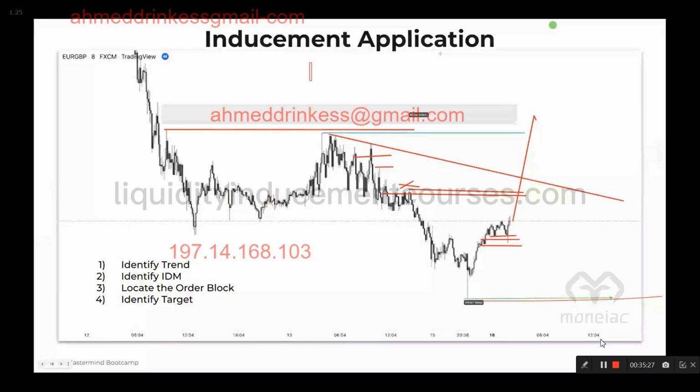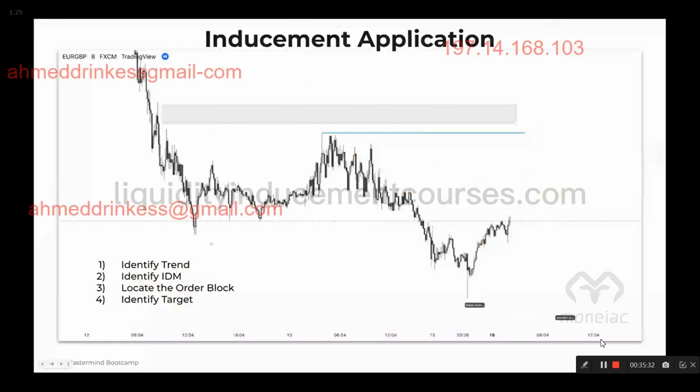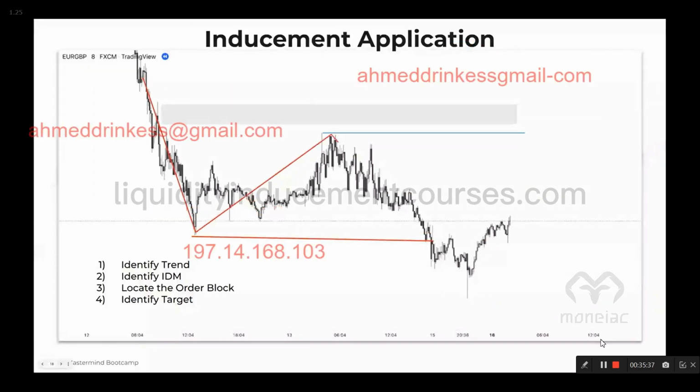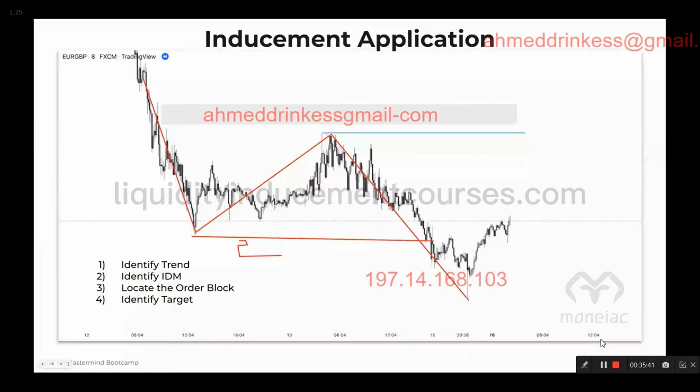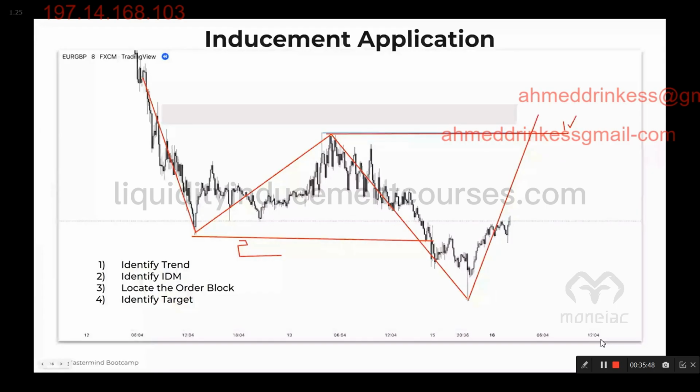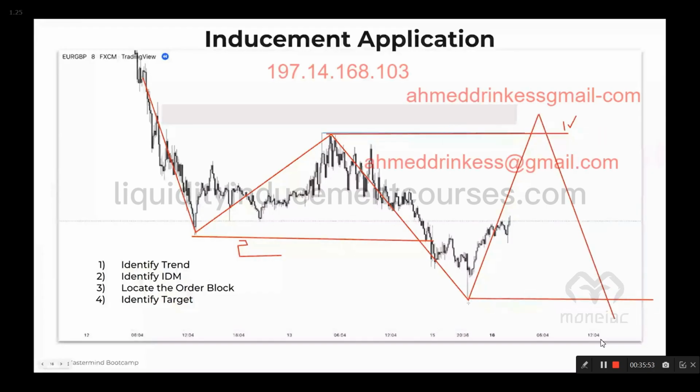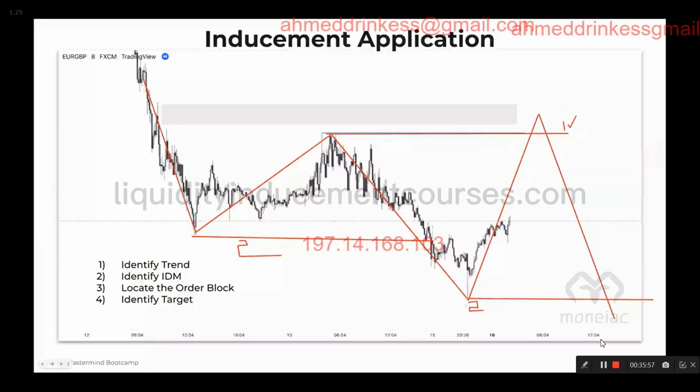Great, right? So that's all that we're going to end up doing is think about breaks. Where are we breaking? Over here. This was an inducement. We're selling or buying below a lower low. So this would be a 2. And then where are we going to be targeting? We're going to be targeting a 1, to then be targeting another 2 because we are buying below here. So 2, 1, 2. And this is what you need to think about: structured break to structured